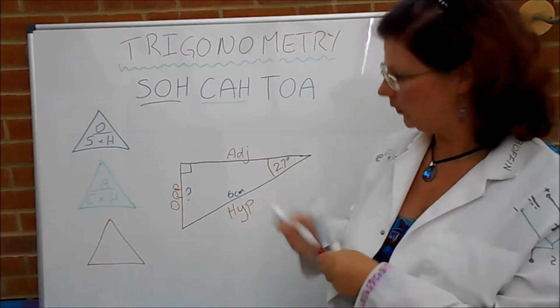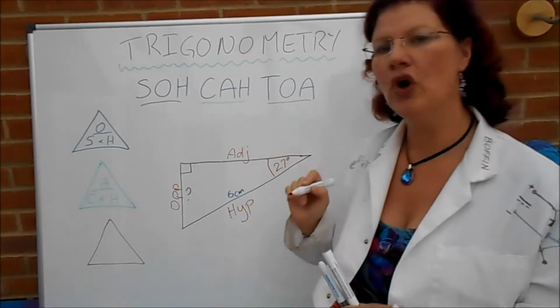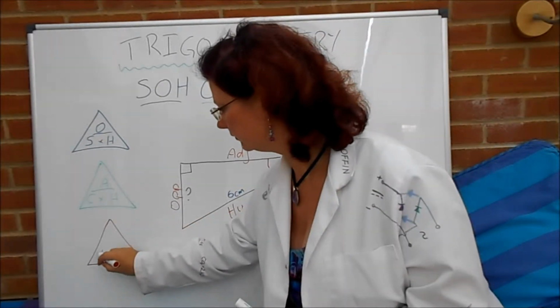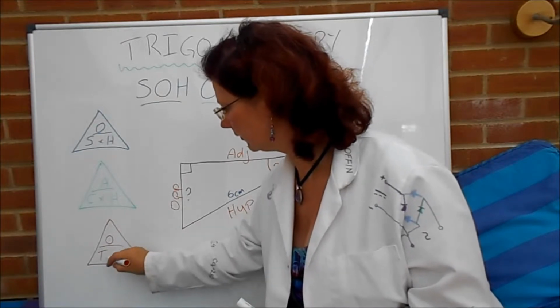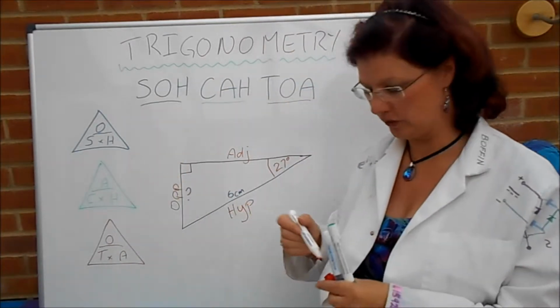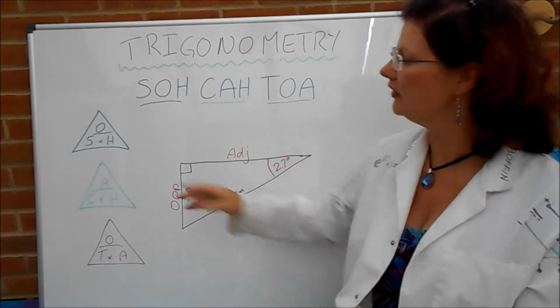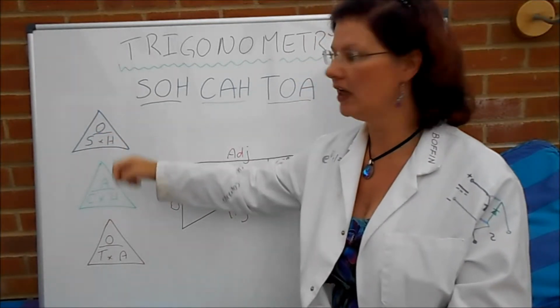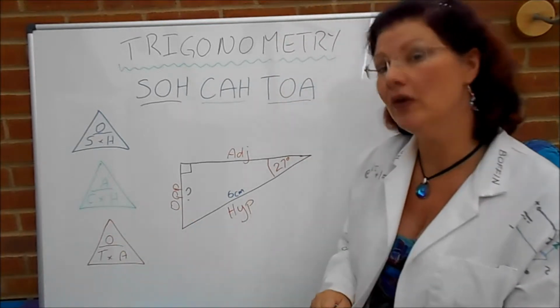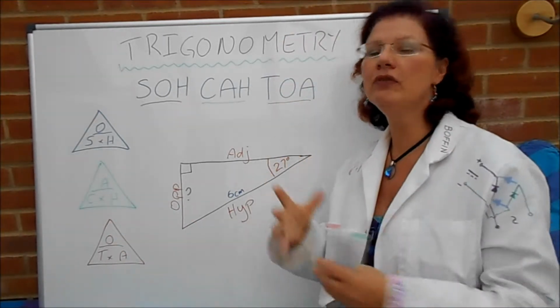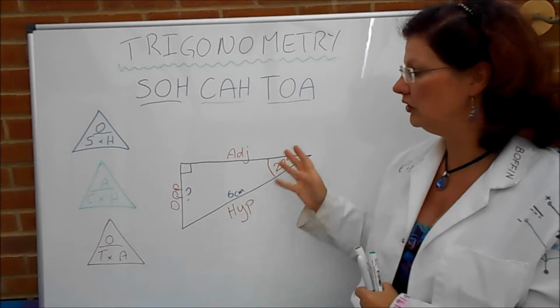And finally we're going to do the TOA bit. There we go, SOHCAHTOA. And what that means is, it reminds us that sine is opposite over hypotenuse, cosine is adjacent over hypotenuse, and tangent is opposite over adjacent. And those are ways of remembering the 3 formulas that we're going to use in order to be able to